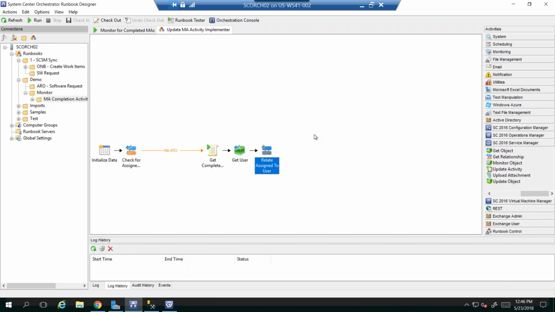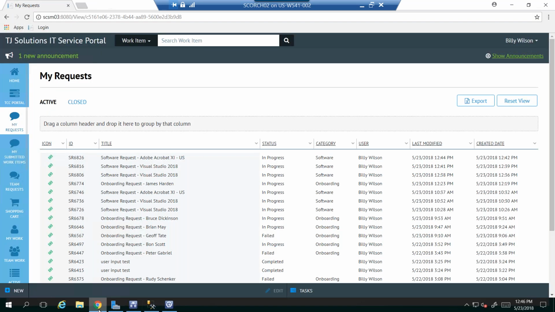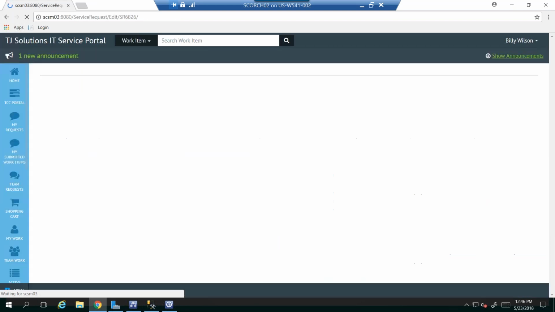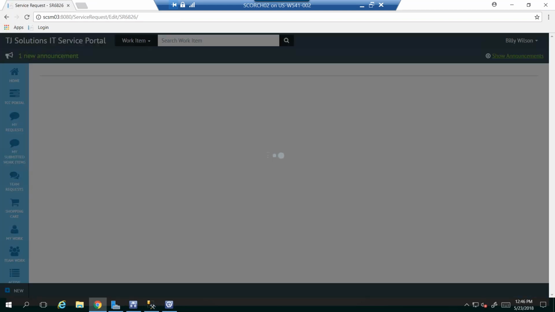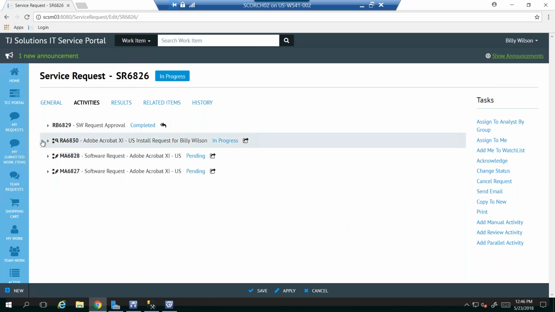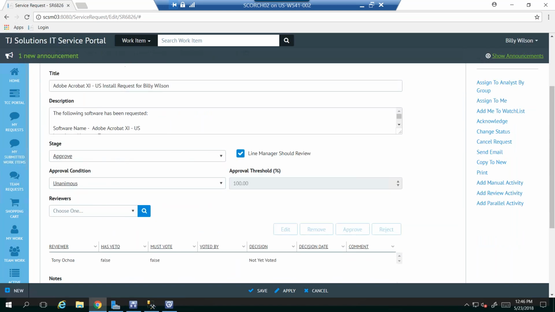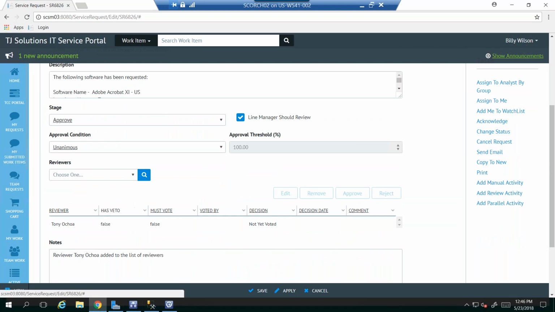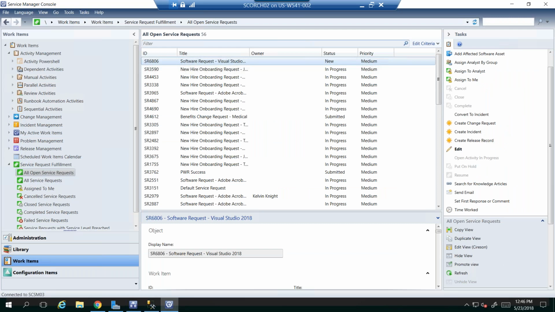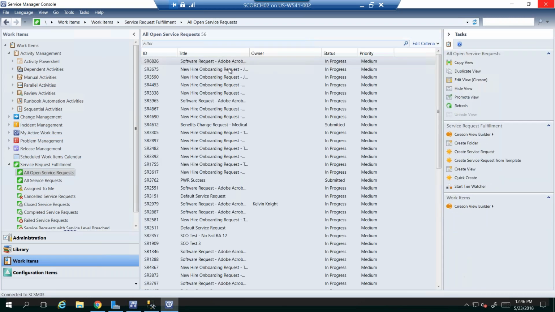All right. So let's just use the last software request. One of the things you're going to notice, and this is a customization that a lot of our clients have, and if you don't have it, look for it on the community site, is that I have a customization in my portal to where, unlike the console, if I'm not the approver, I can't approve it. So for our purposes, I'm going to jump in here in the console because I'm logged in as myself,